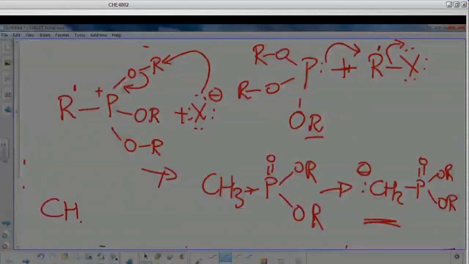That's why these are more reactive than ylides. Remember, an ylide is neutral. P3, you have a plus charge, you have a negative charge. So it's neutral because you can do resonance. However, this one is negative. The net charge is -1. So it is more nucleophilic than the ylide. But they behave the same way. They react the same way.